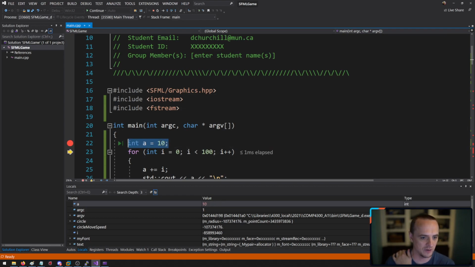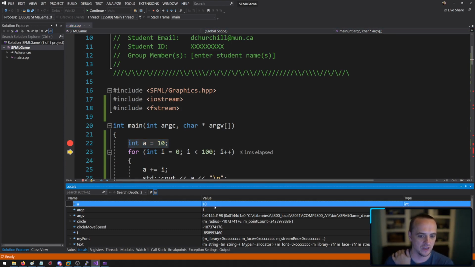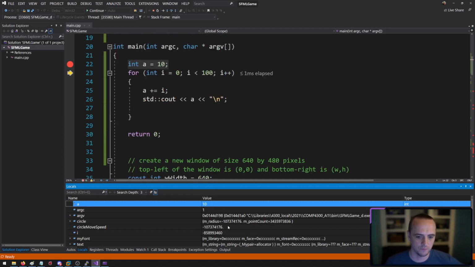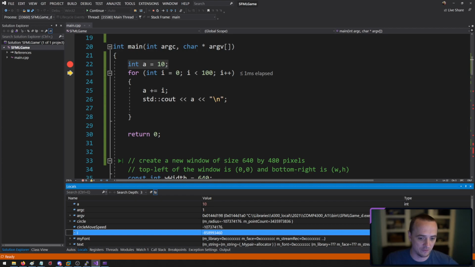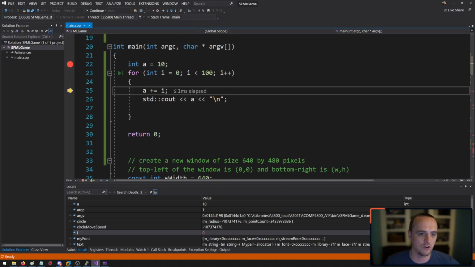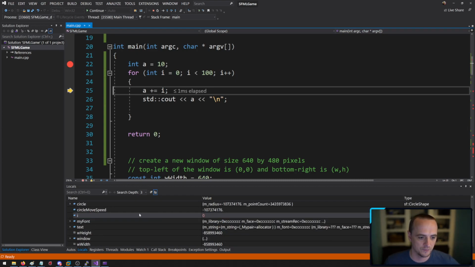That line of code has been executed. We're now on this line of code where the arrow is. And you can see now that a is equal to 10 because I've assigned that value. So currently i doesn't have a value either, right? Because it hasn't been assigned yet. So let's step over this part of the loop,